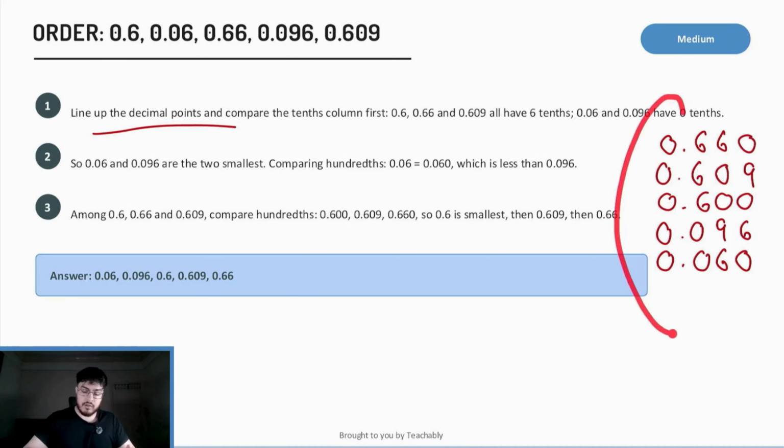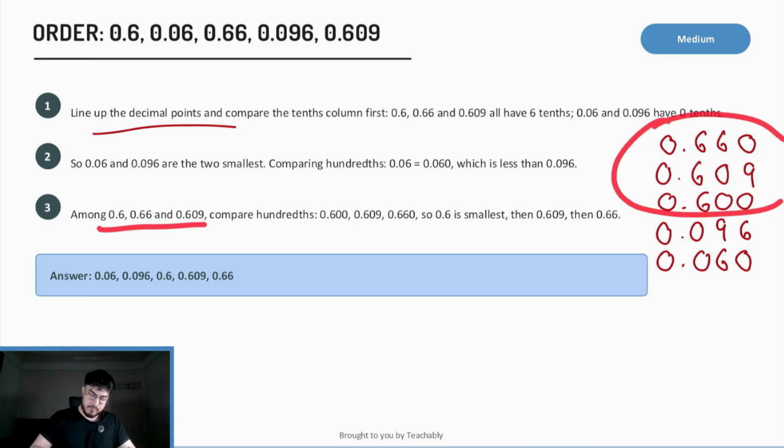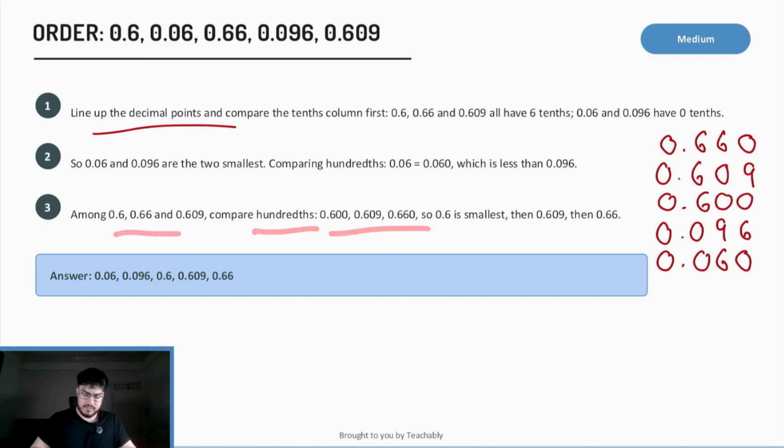So I've gone in a lot more detail, but this is a good comprehensive way of understanding what's going on. And then amongst the top three, which we were talking about, we compare the hundreds, 0.6 is the smallest, 0.609, and then 0.66. And so the order